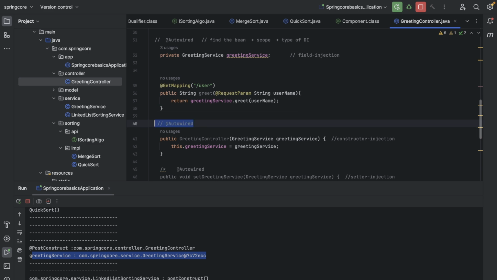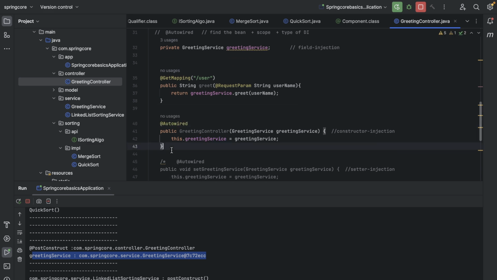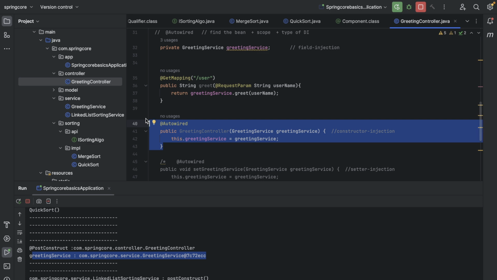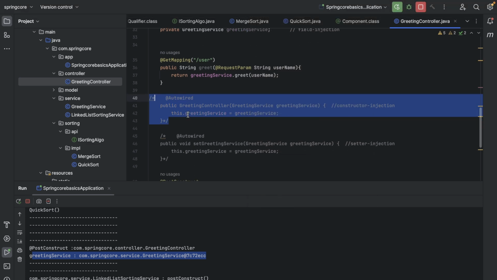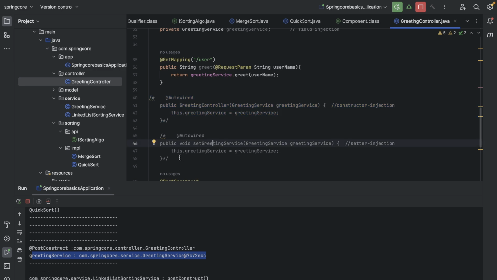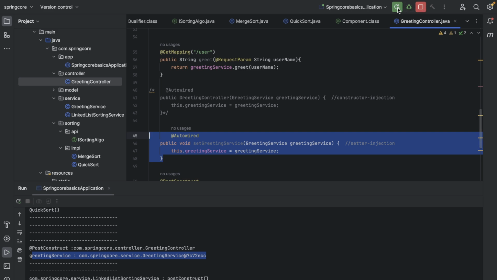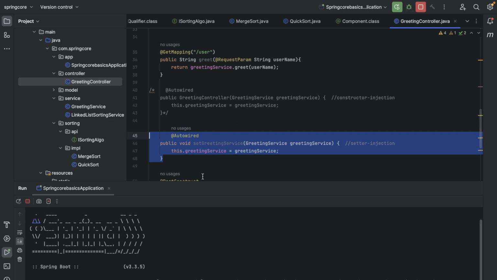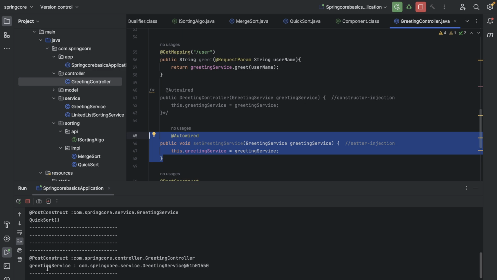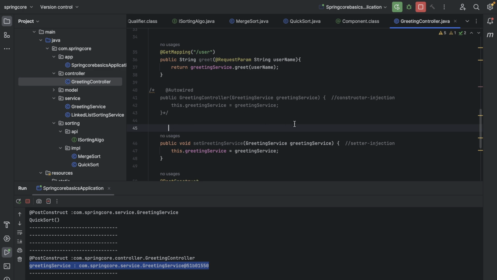Okay, let's do one thing. Let's comment out this entire thing, and this is the setter injection, right? Let's comment out the setter injection, and if I run this, the value will be injected, right? The greeting service is there because of the setter injection. But if I remove the @Autowired from here, now what will happen? Please answer. If I rerun it,